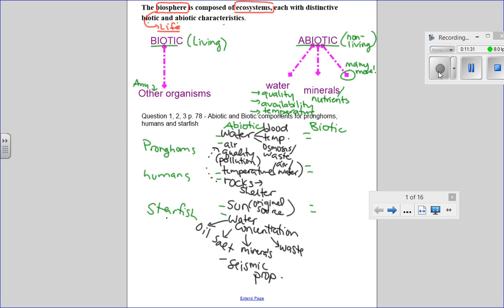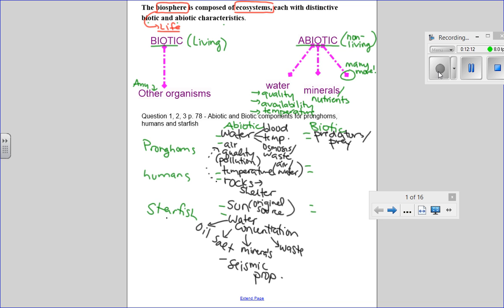Yes, go for it. Predators. So I'll just start at the top. If you put something that eats a pronghorn or something that eats a human or something that eats a starfish, you put a predator. On the flip side of that, I think we should also write the word prey. What does this organism eat? So the number, the quality, the availability of predator and prey will absolutely affect an organism because they're part of the same food chain. Does anyone else want to share another suggestion for a biotic thing?